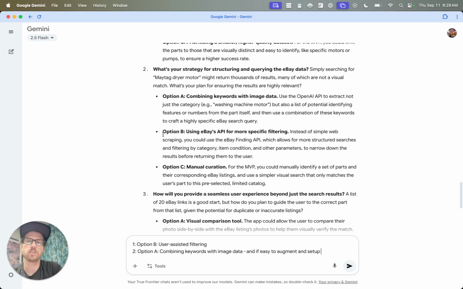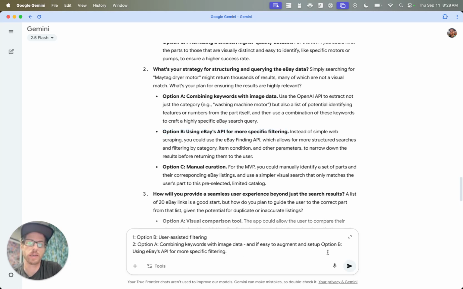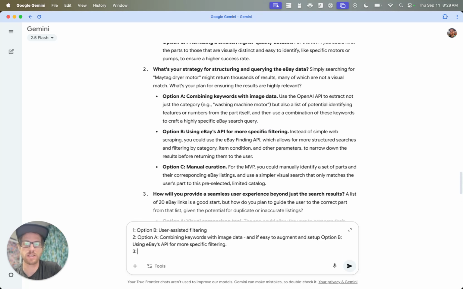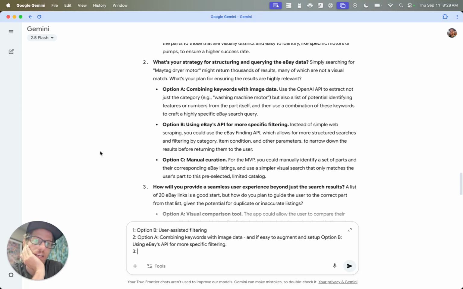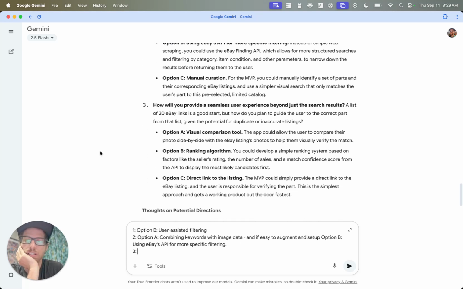We're also gonna try this, maybe. I've never done eBay APIs. I don't know if that's... Some APIs are really easy to set up, like you barely have to have an account to get an API key and stuff. Others are like